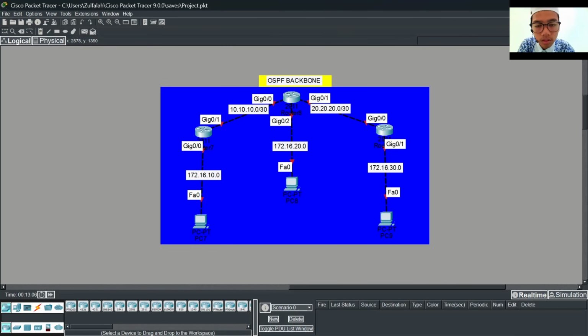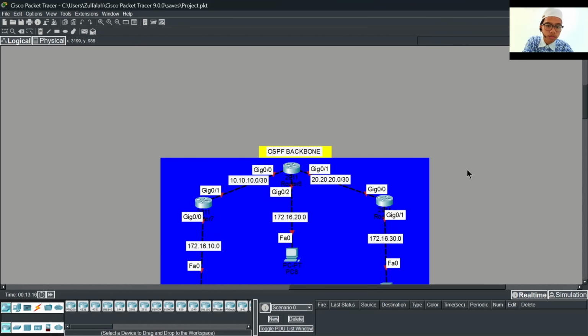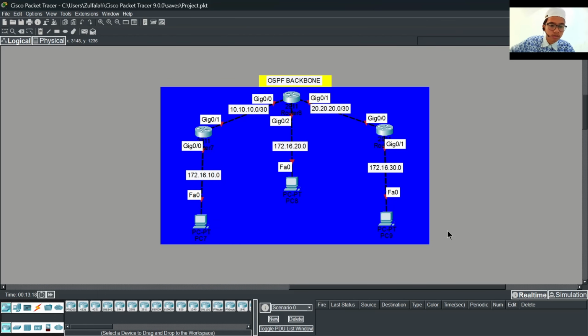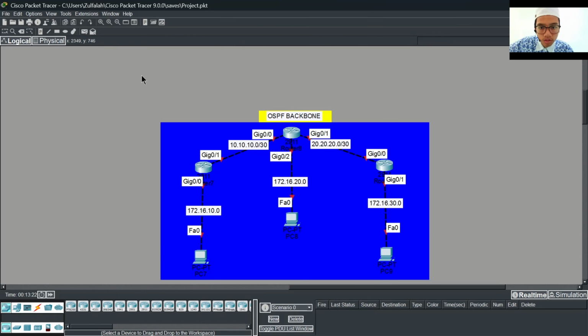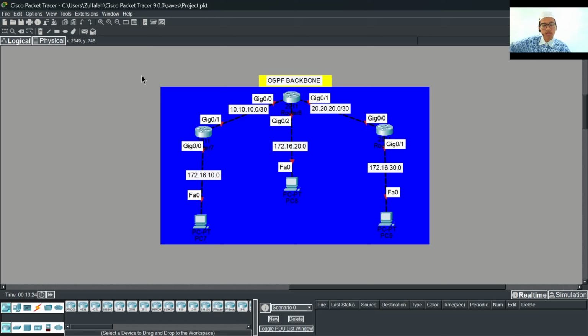So in this episode, we will learn about OSPF backbone in Cisco. Before, we learned OSPF in EVE-NG and MikroTik, but now in Cisco. The meaning of OSPF is Open Shortest Path First.